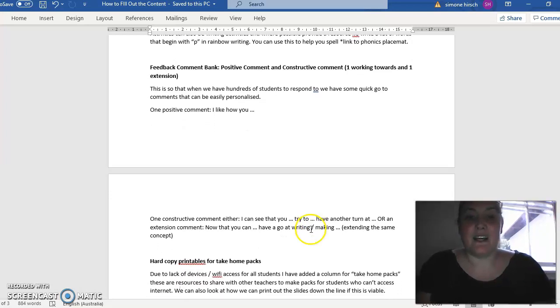The working towards would be something like, I can see that you worked really well trying to do the ands for your words. Try to make sure that all the words coming after an are vowel words. Have another turn at writing some vowel words with an in front of them, or something like that. Or you would choose to do an extension comment. So now that you can